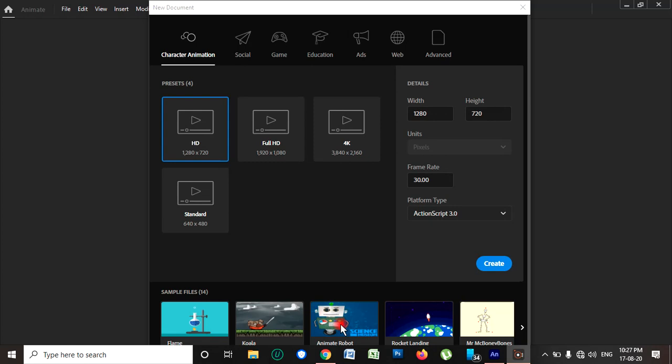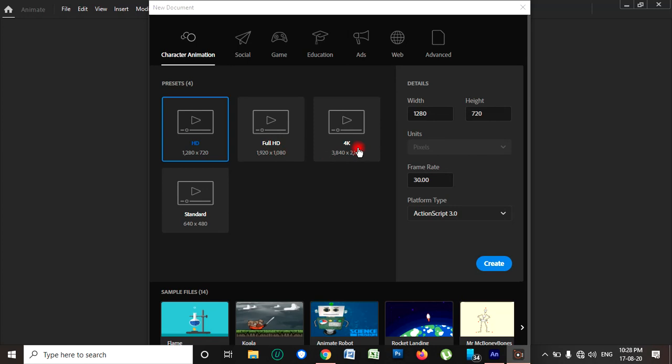Okay, now see, this option will display here. Now we can create, because Animate CC is totally animation software. So first of all, here you choose what resolution you are going to create this animation in: HD, Full HD, or 4K video.